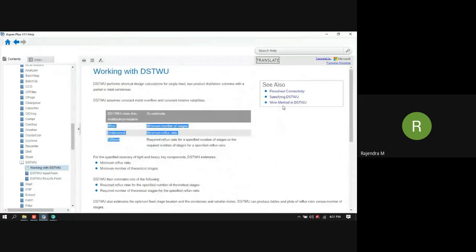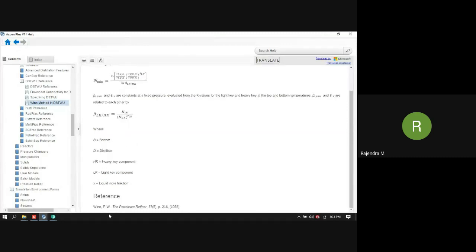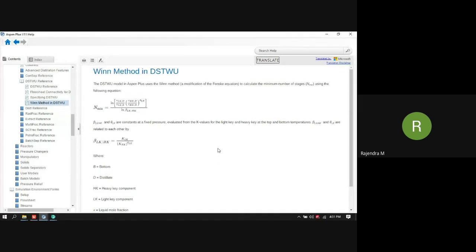Okay, if you'd like to see more about the specification, then flowsheet connectivity, you can go through this graph. Otherwise, you can look at the methods, what equations are used for the calculations for minimum number of stages. And you can look at the reference also over here. So all the details are available. The thing is that you have to find it in the help tab.